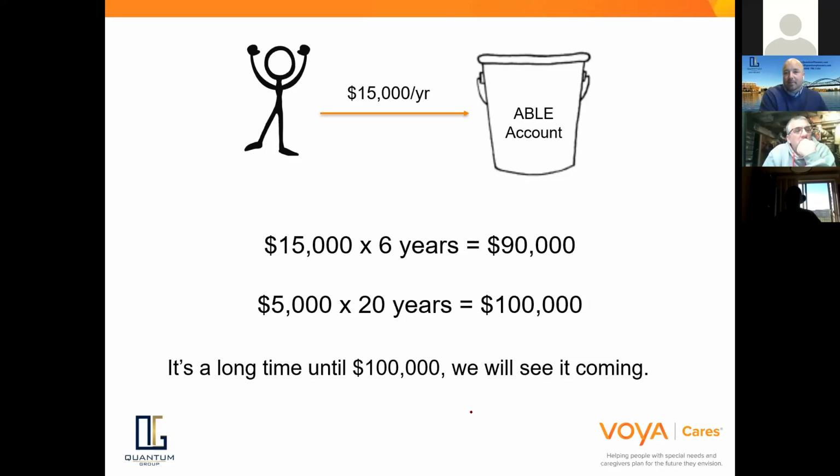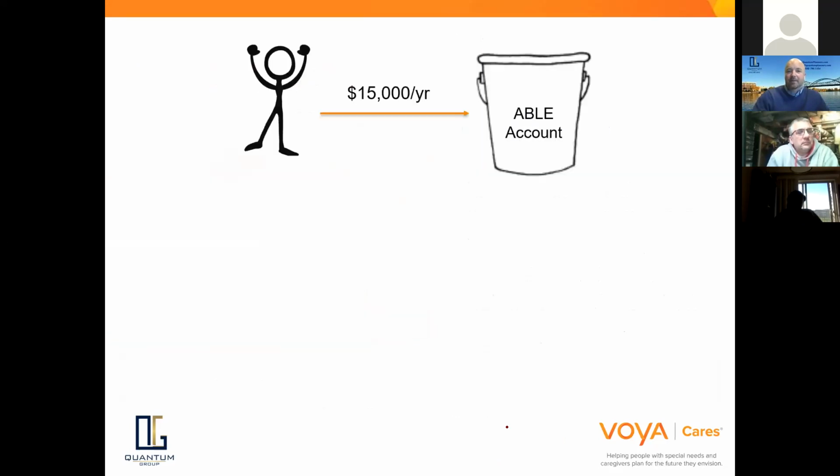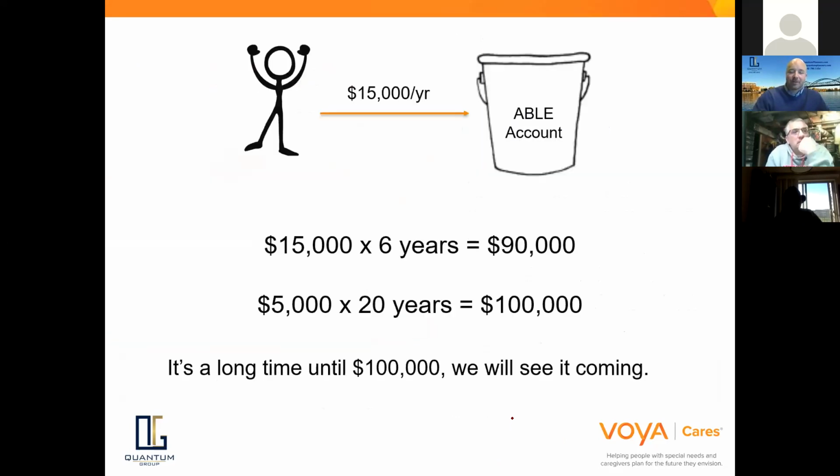And I would say that the purpose of the ABLE account really is to spend money to your benefit. If we get to that high a number, that's great. But I would say that it's not the issue that some people might think it might be. So what's important, I think, is to dispel the myth of SSI disappearing. It's not going to happen fast. It's going to be something that we can discuss and plan for, and we're going to see it happening, and it's going to be something we can take care of. So that's important to understand.